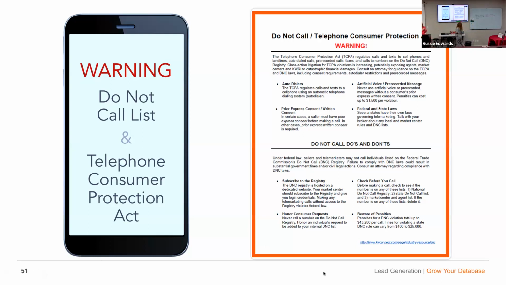By the way, if somebody is on the do not call list but they asked you to contact them, that's different, but make sure you have proof somewhere, either in text or writing, that they've asked you to contact them. So make your calls in a TCPA friendly compliant way. Does that count for text messages as well? Yes.